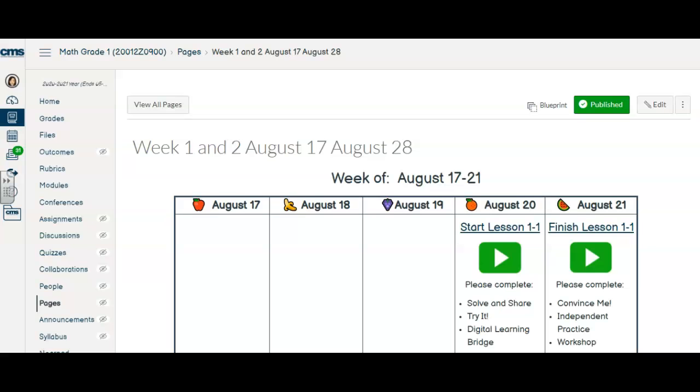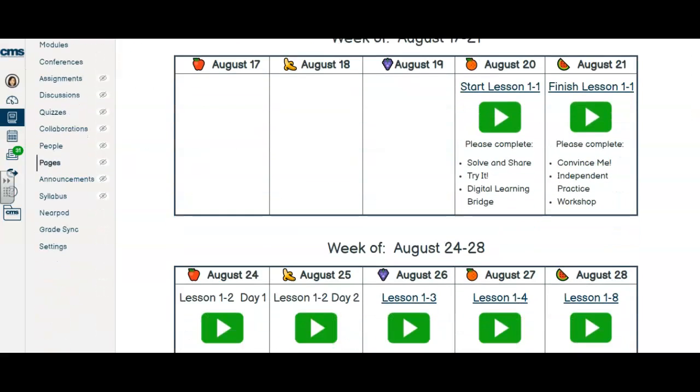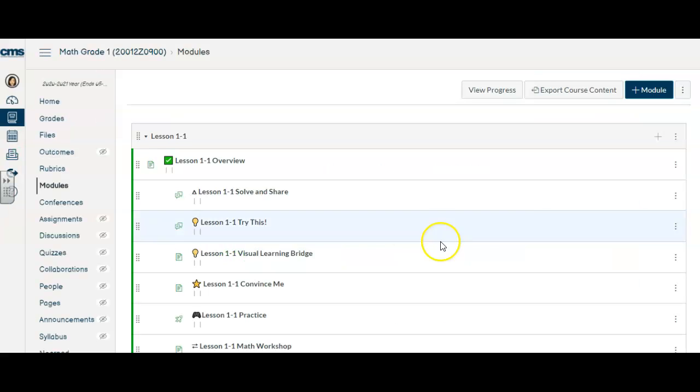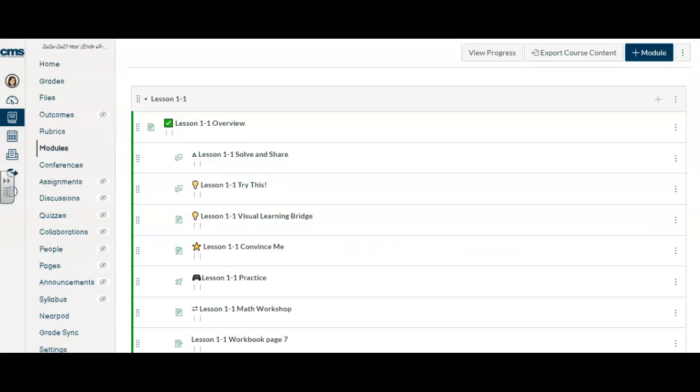All right, on the calendar page, we are going to look for August 26th, which has a grape. So today we're going to be looking for the grape for our assignment. Once we get there, we'll click on the green box. And here we are